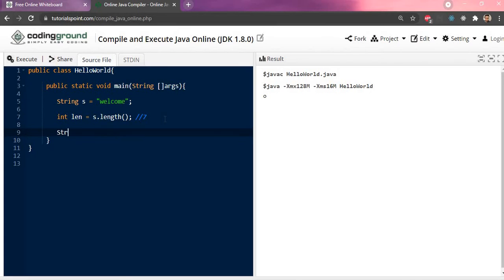Now I will declare an empty string, rev equal to empty string. This is your empty string.